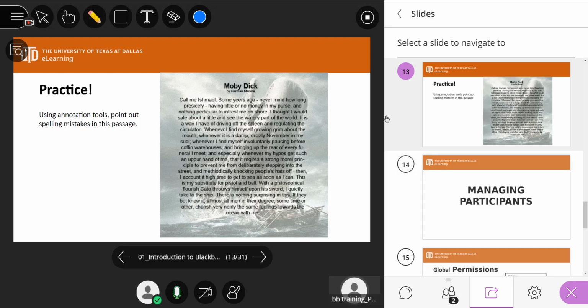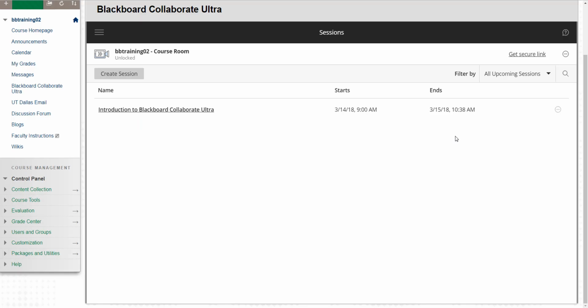Materials cannot be uploaded before a session starts. However, there is a workaround to this. By creating a session that is immediately available, you going into the session, loading up the files that you want, and then leaving the session, as I'm going to do now, going back into my e-learning, selecting the session options,